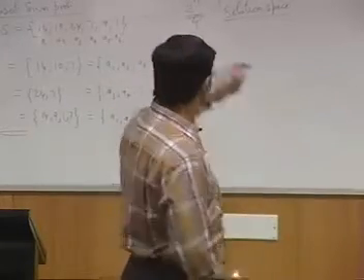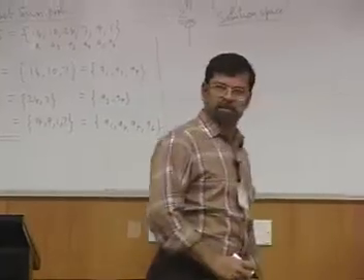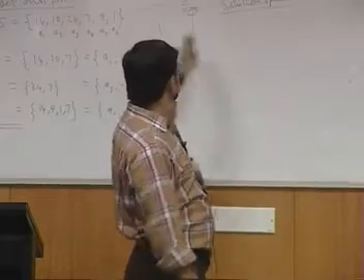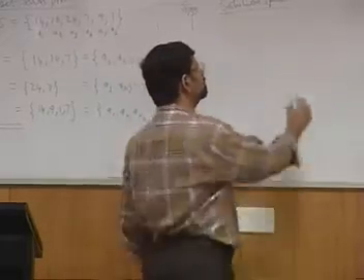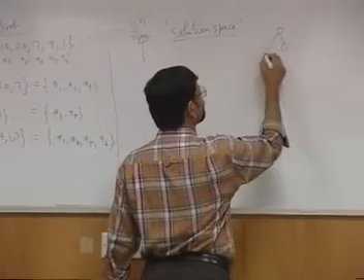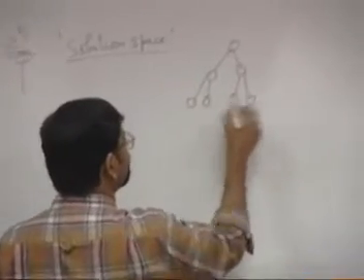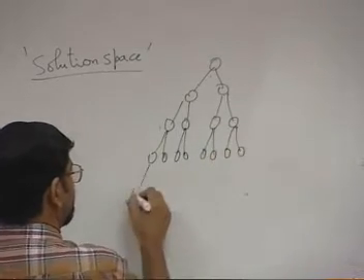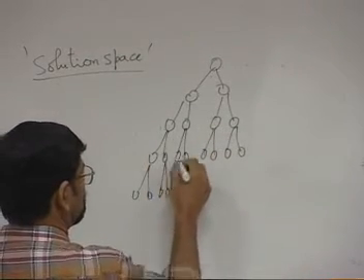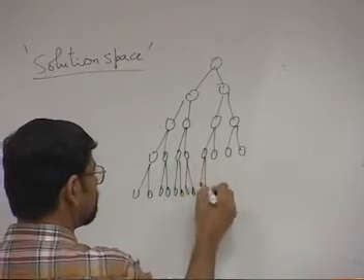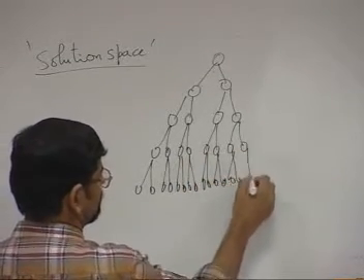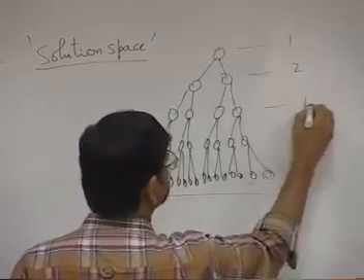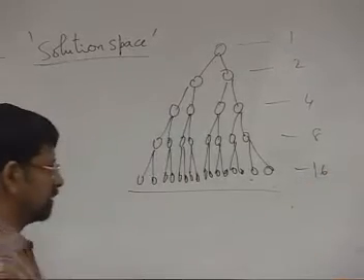This is where you need a representation of the solution space. One interesting representation of a solution space for this kind of problem, which has 2 power n items, is using a binary tree of n levels. In a binary tree of n levels, you can see that 2 power n leaves will be there, and now this would have the combinatorial explosion. So this has level 0, this has 1 item, then 2, 4, 8, 16 and so on.